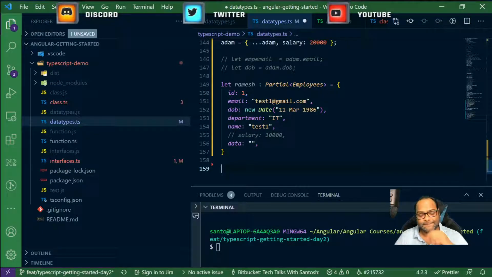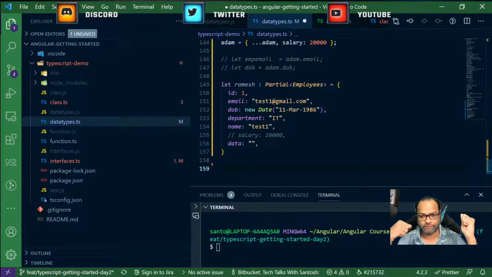Okay, so pick, right? Let's say you have the employees array. You have some screen or some operation where you want some properties from employees, and you want to construct a new type. Yes, that's possible.